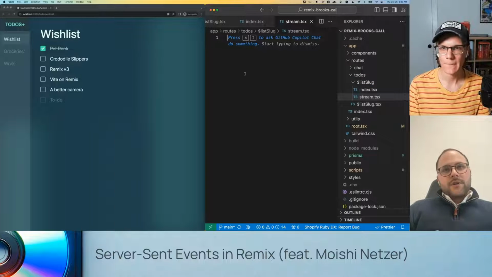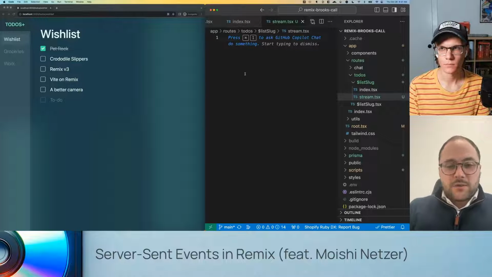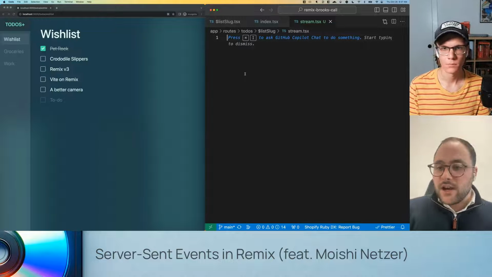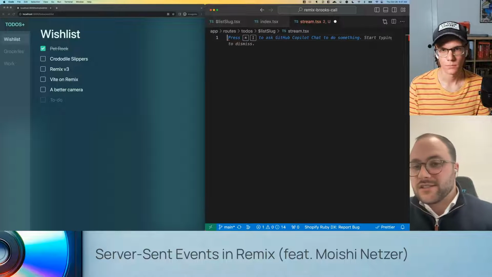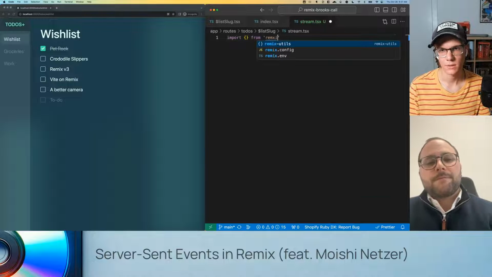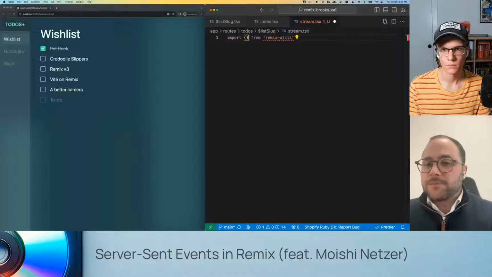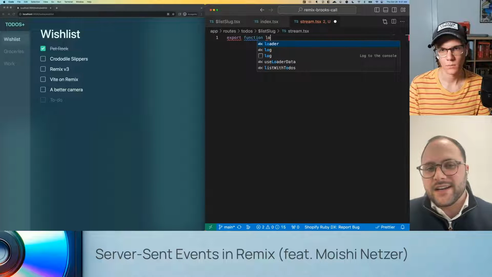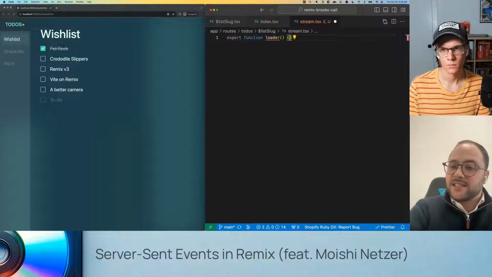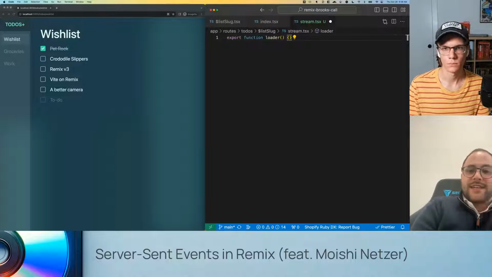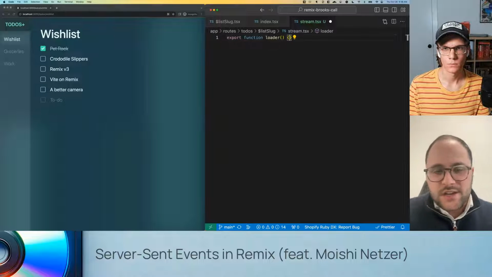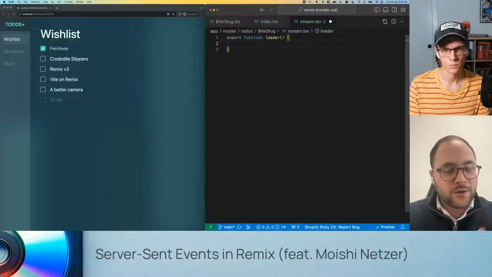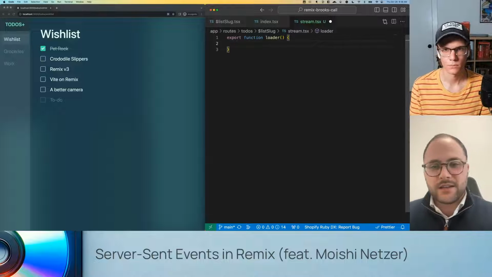Yeah. So there's lots of different helpers that we can use, and all of this obviously can be done natively, but there's an amazing package by Sergio, I'm sure you've heard of, called Remix Utils, which is amazing, right? Yes. So for now, let's just export a loader. I find it easier to get IntelliSense, because he's using ES multi-package. So the easiest way to get the place where it's imported from is usually IntelliSense. So it's a loader. Why is it a loader? Because event streams are GET requests. They're not POST requests.